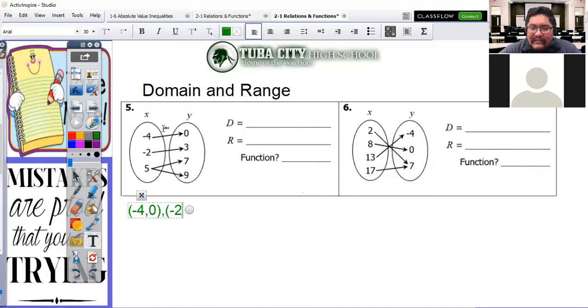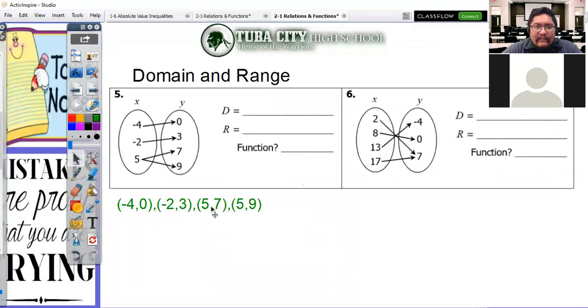So with this case here, I would say, if it helps you to write all this stuff out, go ahead and write it out. And then the third line from the top, so that's 5, 7. And then I have a last one of 5, 9. So these are my 4 ordered pairs as I write them out. So if you want to, you can go ahead and write them out like this. You don't really need to,